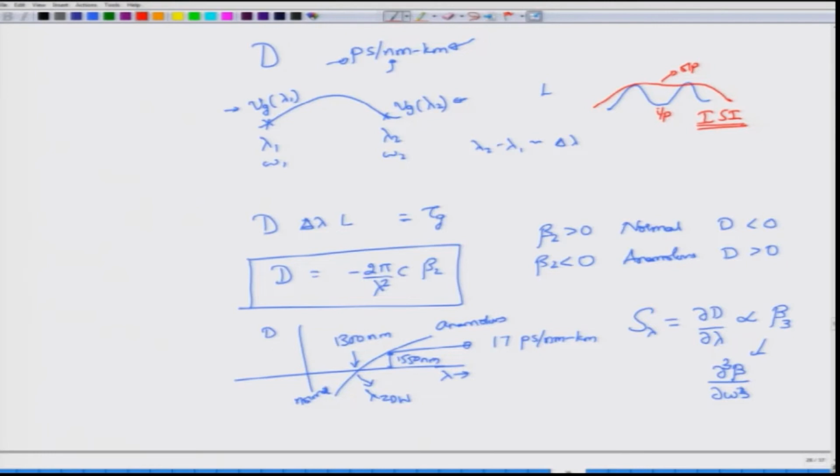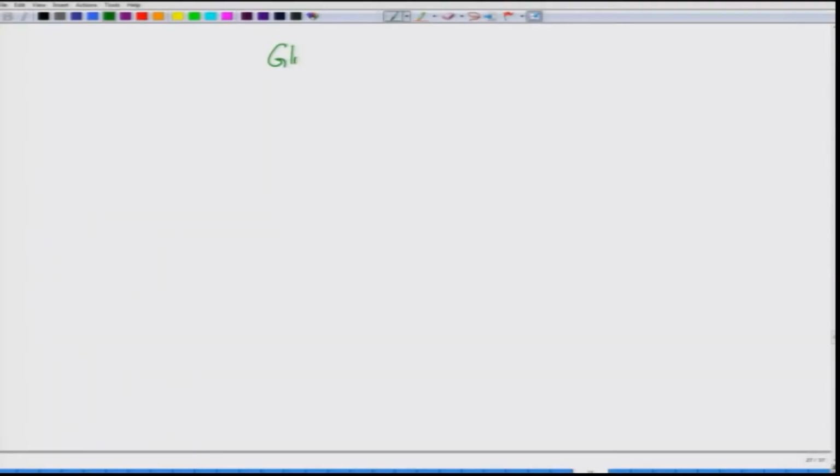Of course, dispersion has other effects such as chirping, pulse compression, pulse expansion. There are other uses of dispersion as well, especially when you combine it with nonlinearity. Those are all different applications that we do not want to go into, but we want to understand where this dispersion is coming from. Okay. To do so, I will do a little bit of hand waving. These results are actually taken from a paper which I mentioned to you earlier, by Gloge. I think it was 1971, I do not really remember, I will give you the details later on.